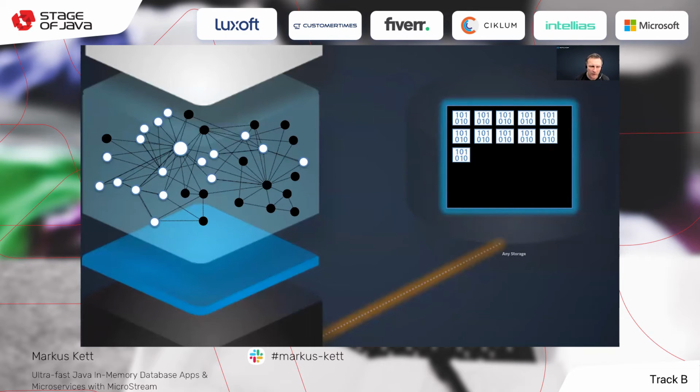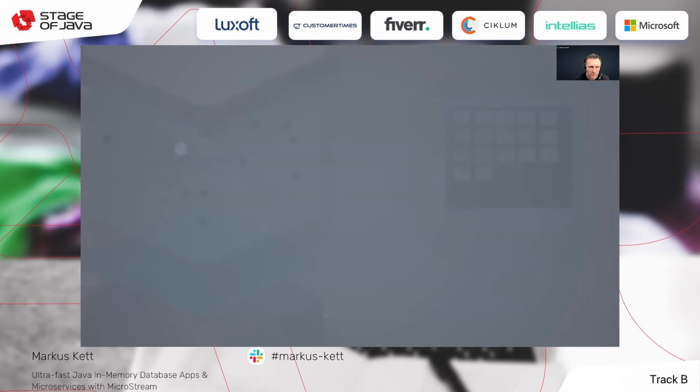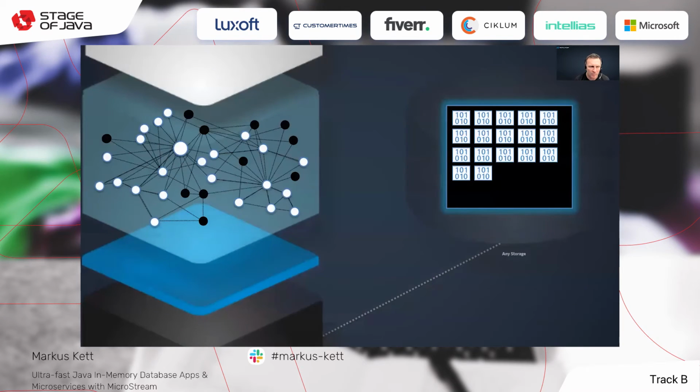You can configure the garbage collector, and it works automatically behind the scenes in a separate thread. Removing objects is very simple. You just remove the object reference, then the object will be removed by the garbage collector of the JVM, call the store method again, and then you will have stored the new object.